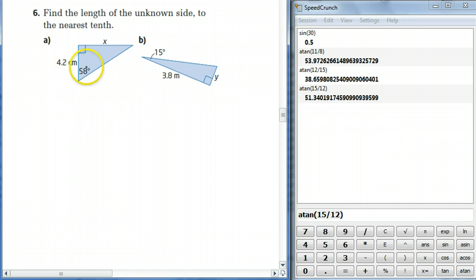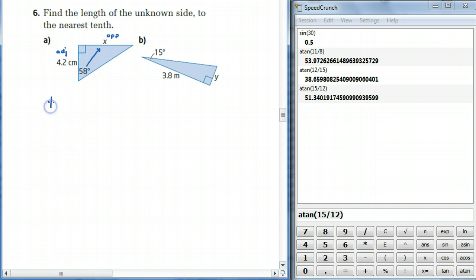So what I want to do first is look at what angle is given. I'm given 58 degrees, and I want to make sure I label the sides relative to that angle. So if this is the 58 degrees that I'm talking about here, x is going to be my opposite, and 4.2 centimeters will be my adjacent. So what I recognize is that if I have the opposite and the adjacent, I'm going to use the